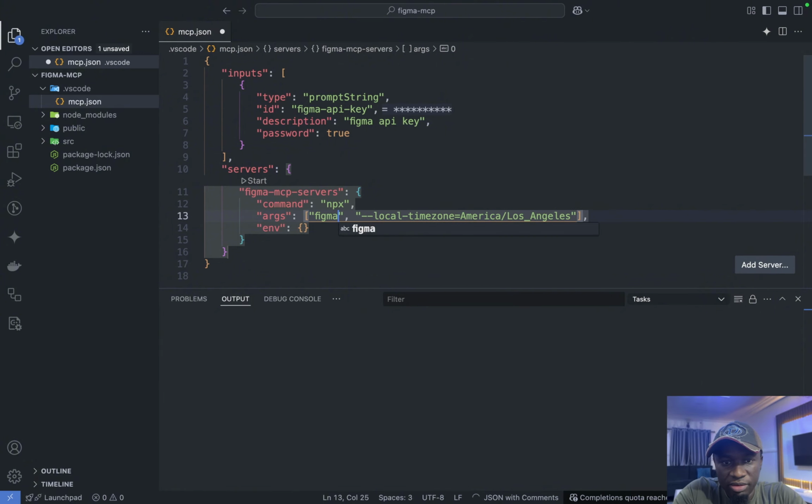So here we have figma-developer-mcp. We don't actually need an environmental variable for now, so I'm going to get rid of this. To finish our configuration, we need to add the API key. So here we'll add the Figma API key